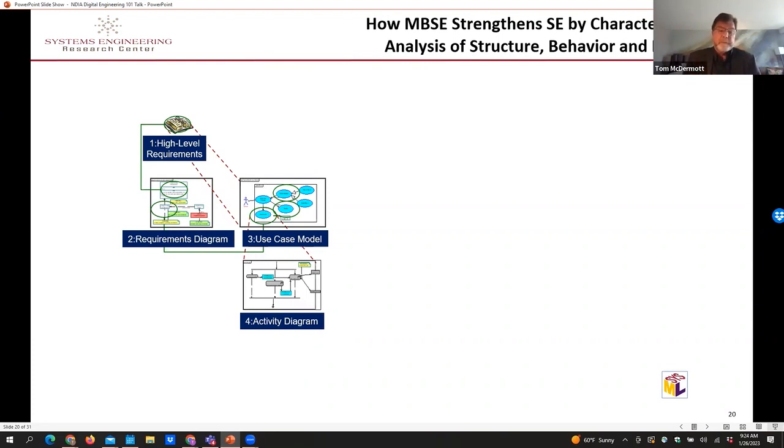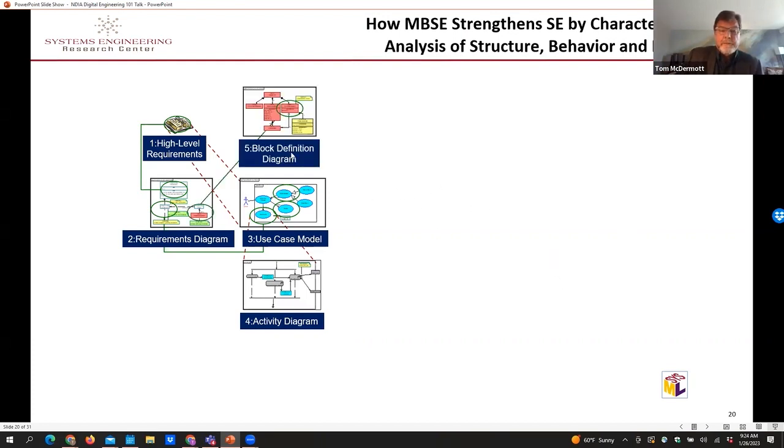Some people call these capabilities. And in those capabilities and use cases, what are those key requirements that I need to maintain to satisfy the end user? And so we have 3 different modeling types at the system level that we use: use cases, activities, and requirements. And that's kind of the start of it.